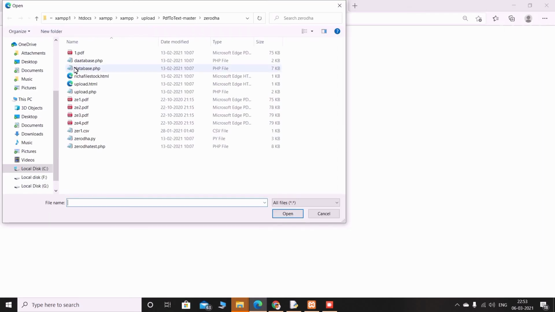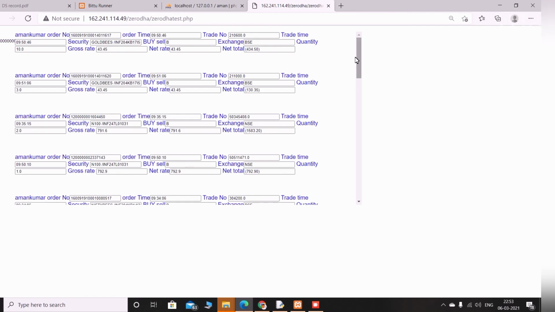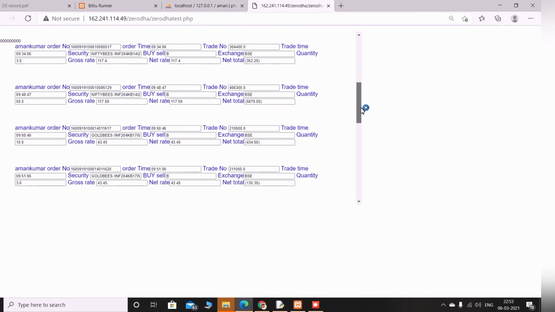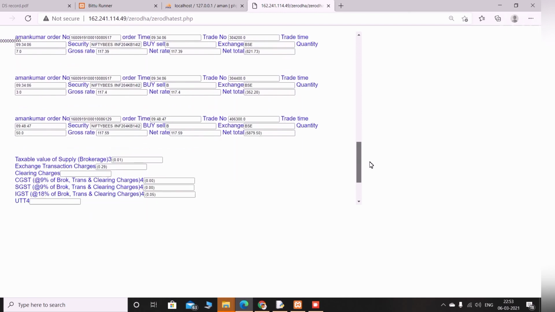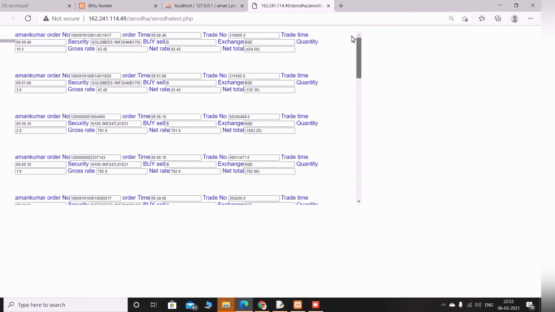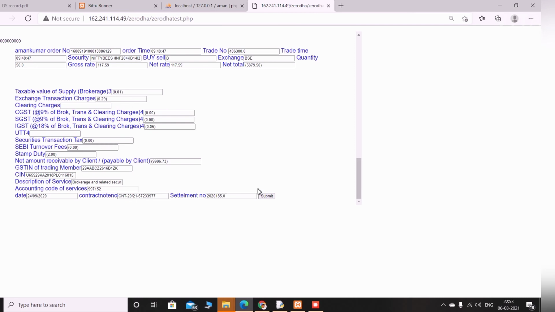So I am going to show you, suppose this is Zerodha. We have to first select a file. As you see, we selected the file. We go on upload file. As you can see, our file got uploaded. All the data from the PDF got filled into this form, and we can submit this form wherever we want from the submit button. For this type of project, in which we have to manipulate data, we use Python, PHP, JavaScript.